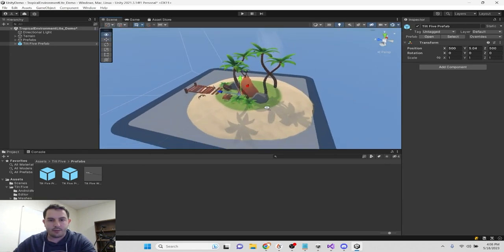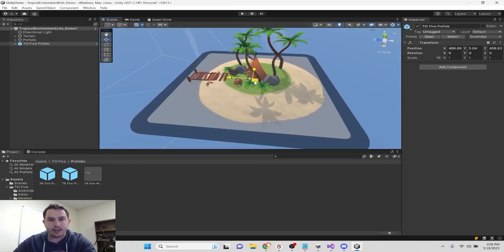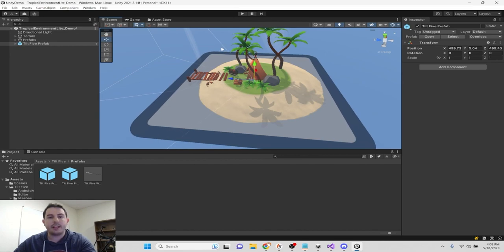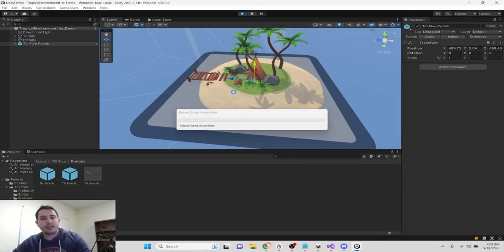So the Tilt 5 board acts as our tracking origin. So everything that's displayed on the board in real life is going to be visible essentially wherever this board gizmo exists in the scene. So now that I put this Tilt 5 prefab in, as soon as I hit play,